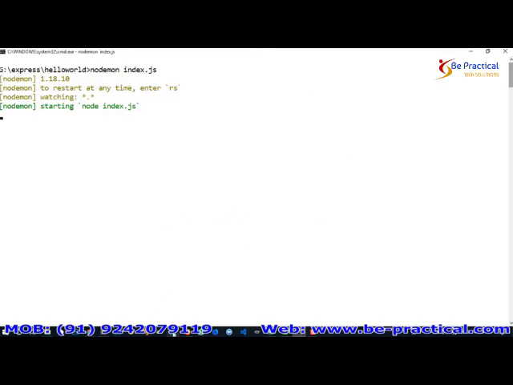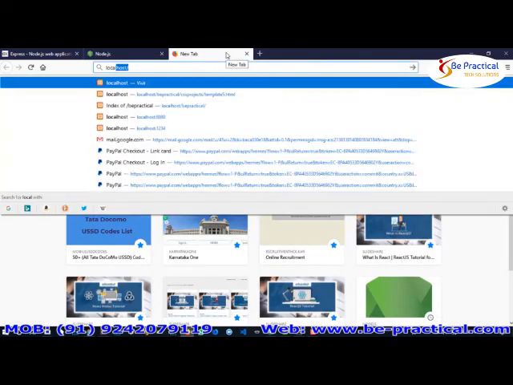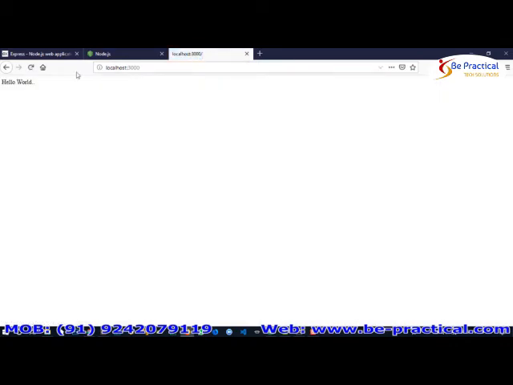So we go to our browser and type localhost colon 3000. Here you can see the hello world. By default nodemon will host your application on localhost 3000.